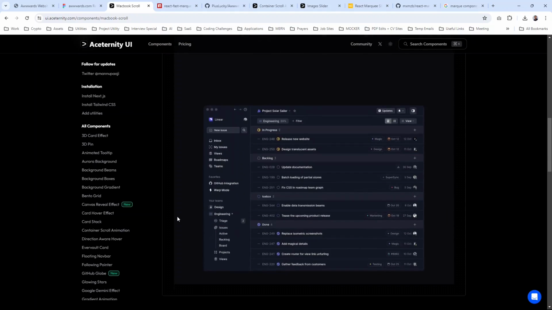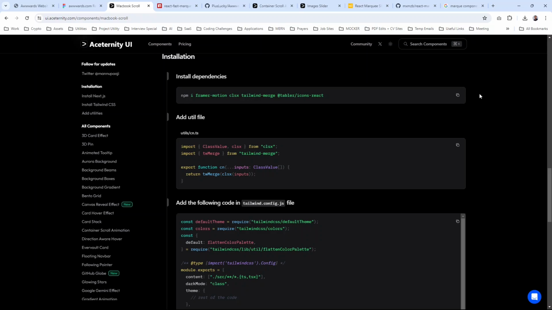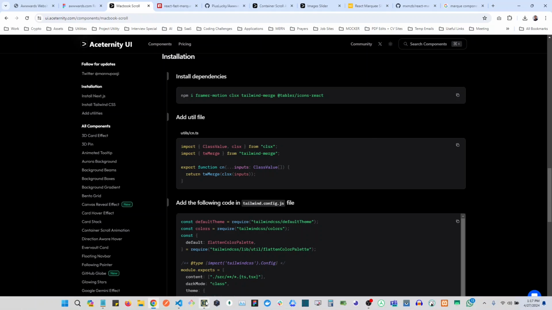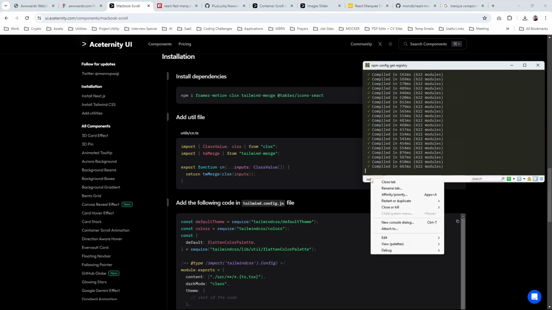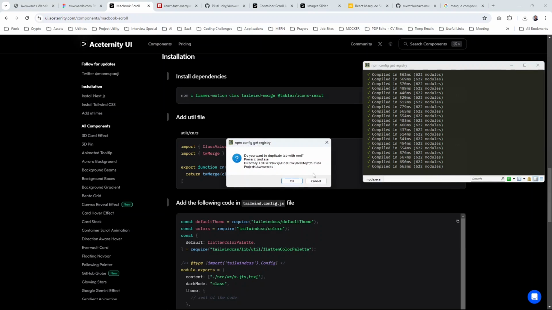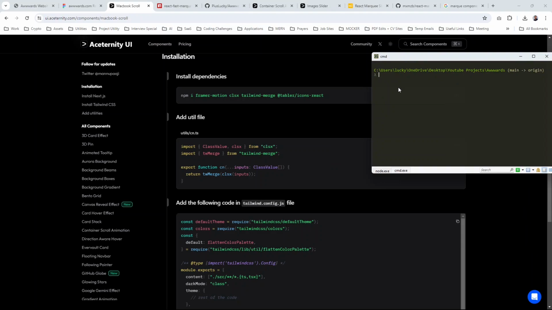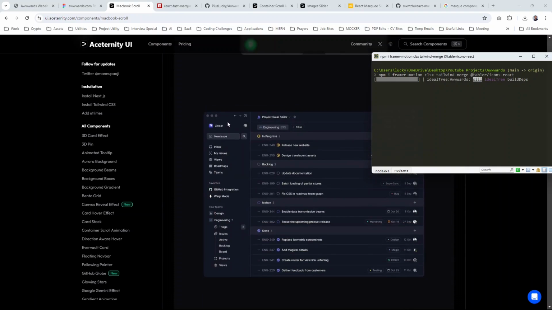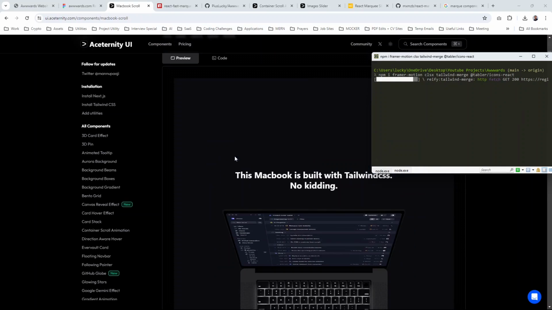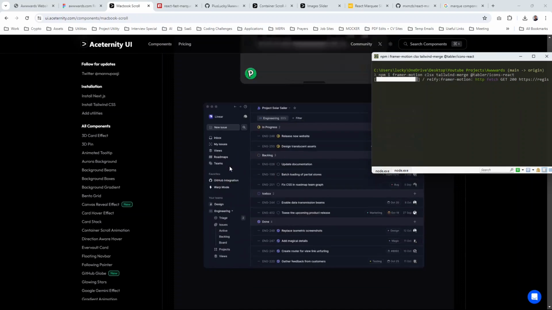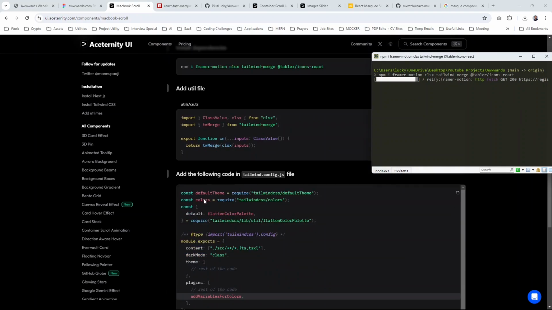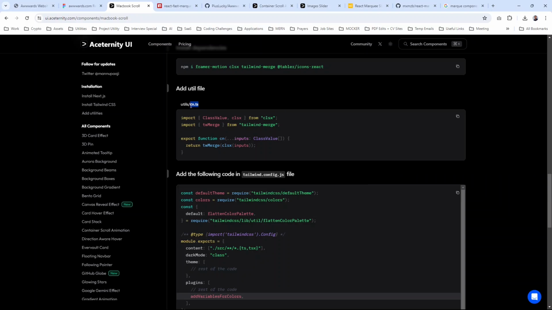So what we want to do is to try to do the installation. So this is what we need to install. So I'm just going to copy that. Go to, I'm just going to make a duplicate root. Right, so paste that in there. So it's going to download framer motion, tailwind-merge, and the required icons will be needed. I don't know if we're using any icons there, by the way, but oh, the PC basically has some icons, so that's understandable. So yeah, we basically have to install that, and in utils we should have